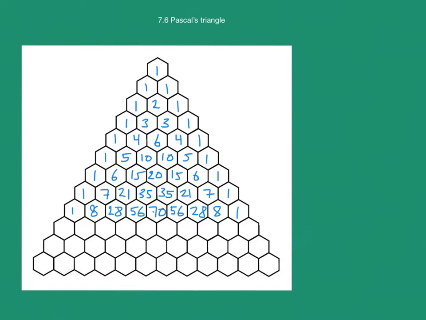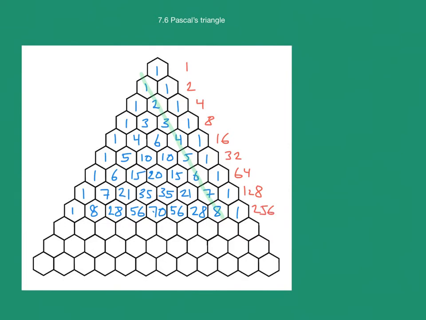Now, it would be fair to ask, what does Pascal's triangle do? What can we do with it? A few patterns can be seen in this. If we look at the second diagonal down here, we have natural numbers, 1, 2, 3, 4, 5, 6, 7, 8. We could look at the sums of numbers for each row. We see 1, 2, 4, 8. That's going to be 16. And this is, let's see, 32, 64, 128,